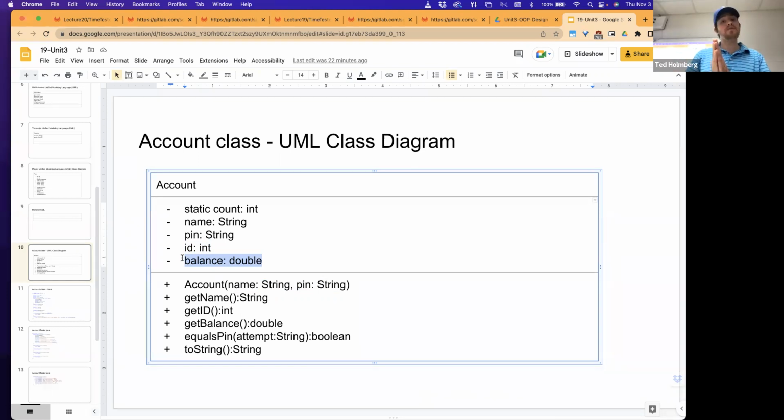So a 0 for the balance will produce the logic to create an ID number, and then we'll need the name and the PIN number every time we create an account. And then the other thing is the application will probably need access to this data from other instances. And since it's private, nothing else outside of the class will be able to either read or write